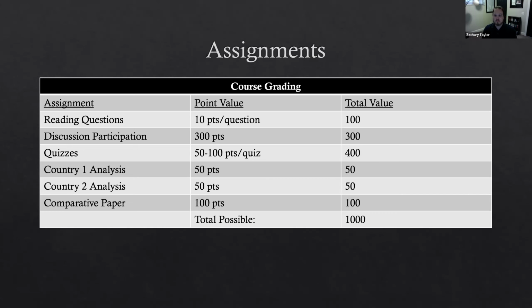And that gives us the ability to have a little bit of back and forth with feedback on those initial papers and ways to improve them, what you can focus on to make sure that you're building towards this overall comparative paper that by the end of the course is going to be fairly significant and also fairly in-depth. You'll have 2 countries well analyzed on a single subject, and you'll set those next to each other and compare them. Talk about the similarities and the differences.